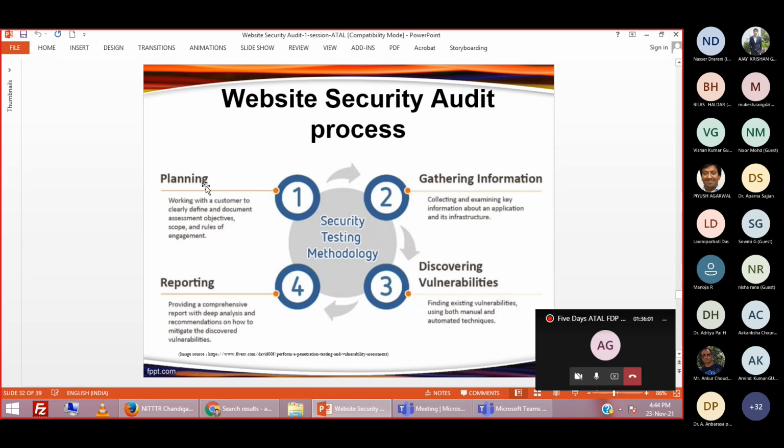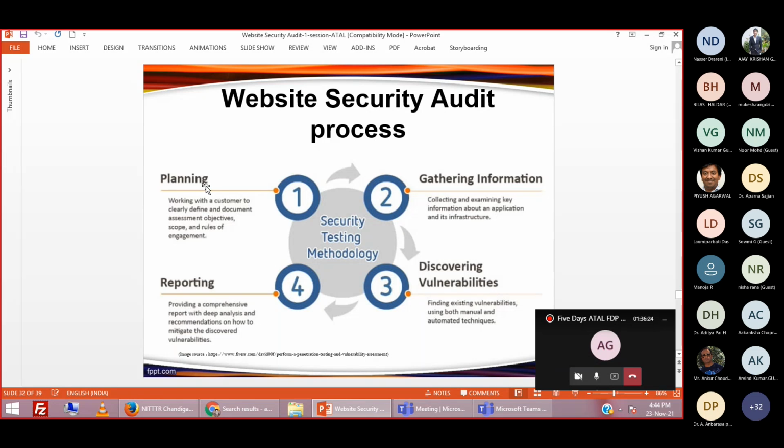So you may allow these auditors to test your website at midnight or during odd hours. You have to mention in the agreement that auditors are only allowed to do their testing at midnight or odd hours, because in the daytime our clients or customers may be visiting, and during this assessment process your website may go down, right?